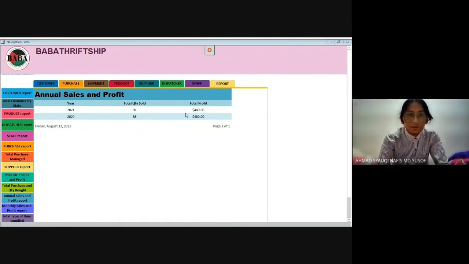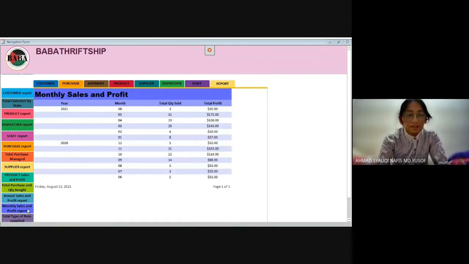Now this is useful. Over a longer period, you can plot a graph to see whether the sales are dropping across the years, and therefore you can take measures to make sure that the sales continuously go up instead of going down. And you can deduce whether the actions that you have done for a particular year are good or not. Therefore, you can take measures on improving the service of the shop.